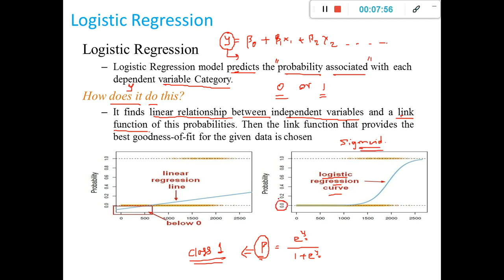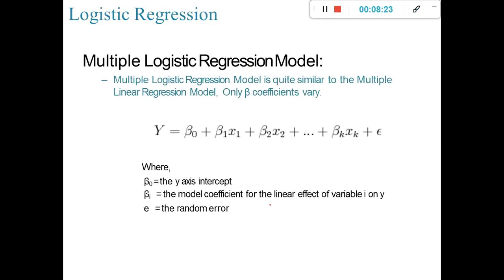Which essentially gives me either 0 or 1 as an output. So all the probabilities lying between 0 and 1 will then be converted or associated to either 1 or 0 based on the cutoff value. So if my cutoff value is 0.5, then anything above 0.5 as a probability will be associated with class 1, and anything below 0.5 will be associated with class 0. This we have seen yesterday.